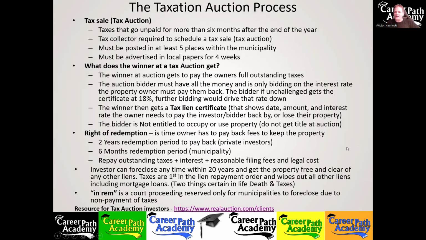Has nothing to do with it. The only worry I would have was if there's contamination on the ground. Actually, I wouldn't even worry about that. I would worry if it's just a vacant raw lot with no house on it. Be careful, do a little more research before you bid on them.